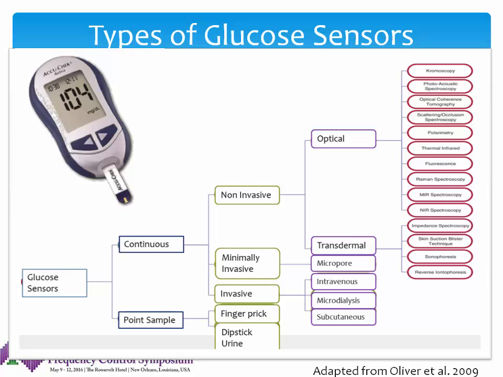Again, there are a wide variety of techniques applied here to detect glucose in samples, and of course this is one of the biggest applications for biosensing, in fact glucose sensing. This is an example of a glucose monitor that's used by diabetics, and it's typically based on electrochemical sensors, and there are some methods that are based on optical sensors that are employed as well. But these techniques are limited in terms of accuracy, the fact that they often cannot be used in a continuous sampling mode,